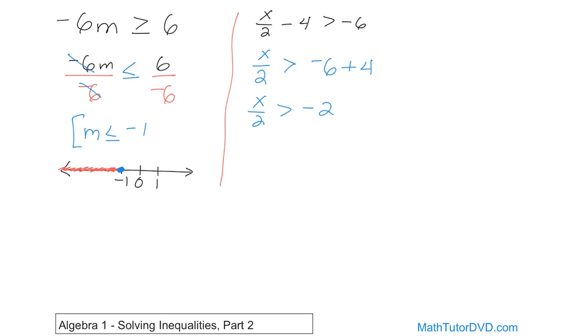Well, the only way to really do it, and let me write it over again, x over 2 greater than -2, is to multiply both sides by +2. So here I'm multiplying by +2. 2's cancel. Notice that I multiplied by a positive number, not a negative number. So on the left-hand side, I still have x. My greater than symbol stays intact, and it's